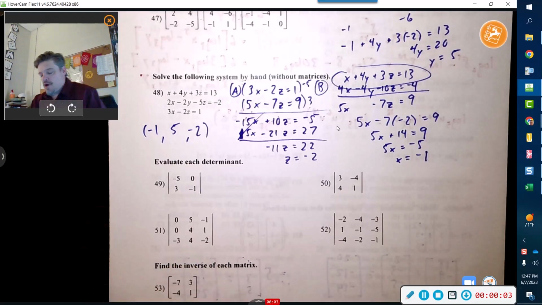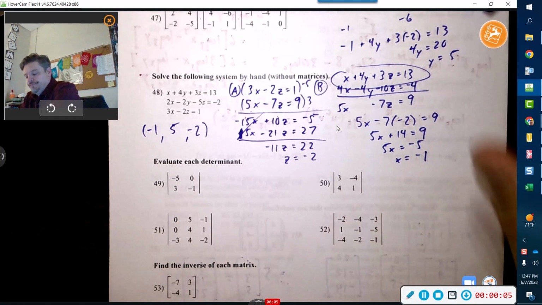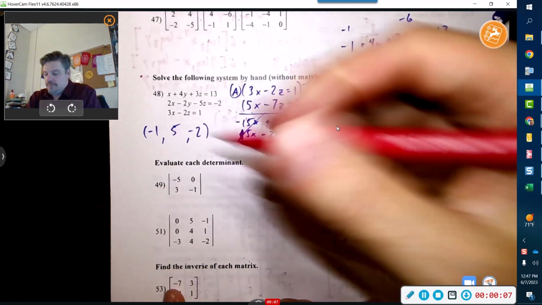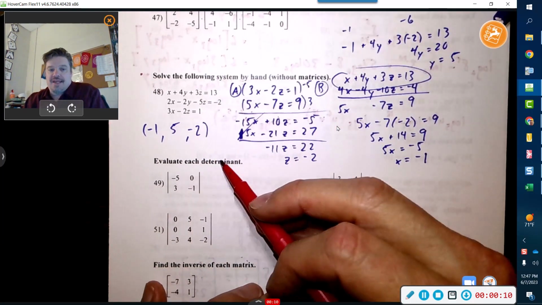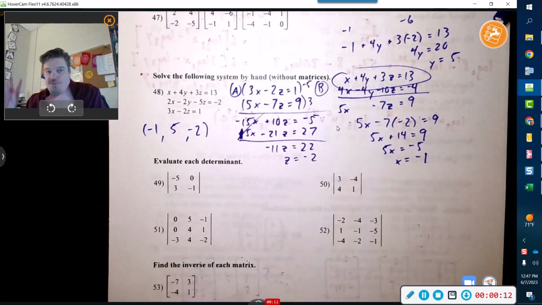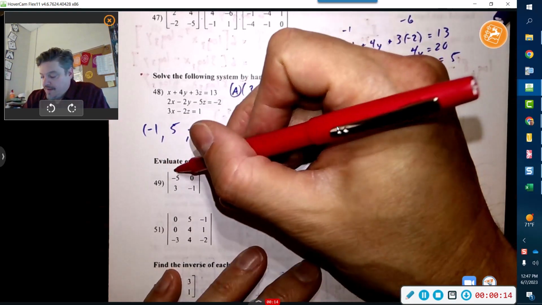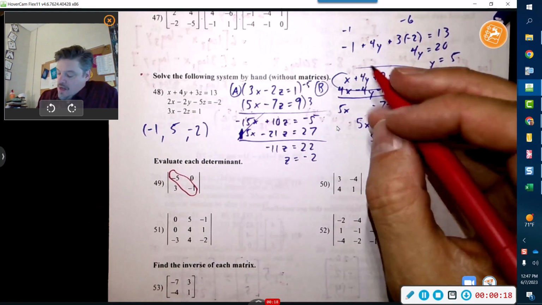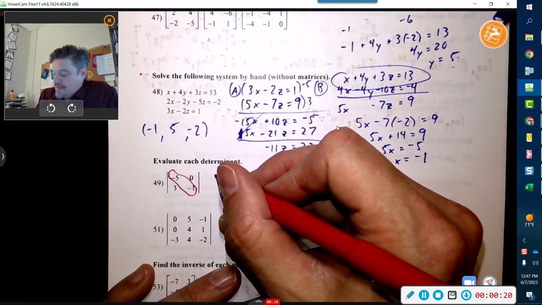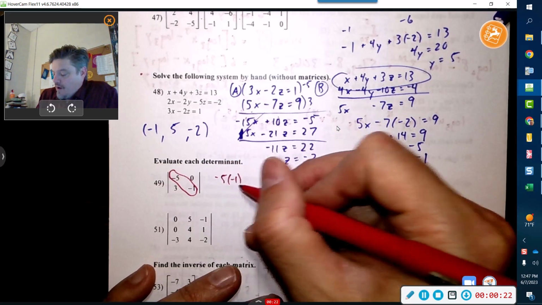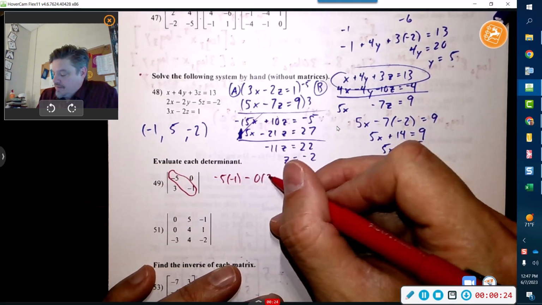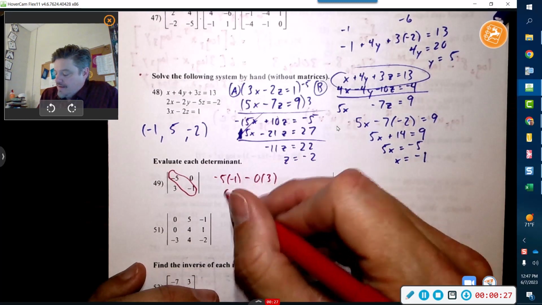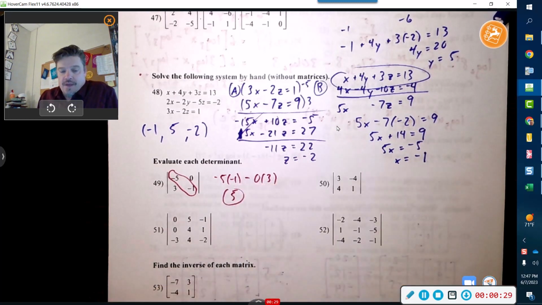To find the determinant, we will... Now, the determinant, not only does it say find the determinant, but you'll notice that these are the absolute value bars. So in the context of a matrix, we know that it's a determinant they're looking for. That is negative 5 times negative 1 minus 0 times 3, which would give us positive 5. Now this just tells us that if the determinant is not 0, then this matrix does have an